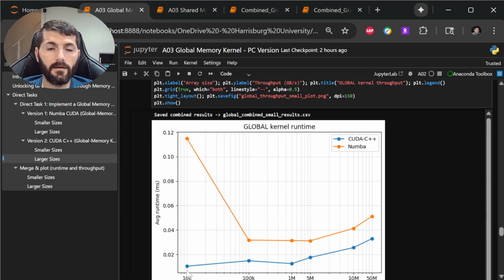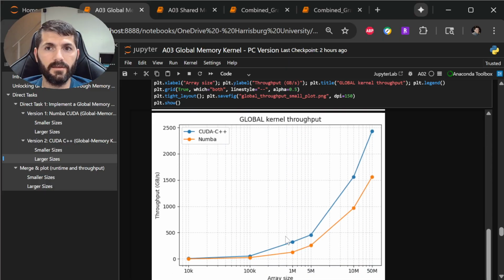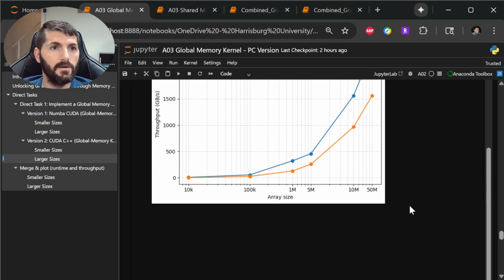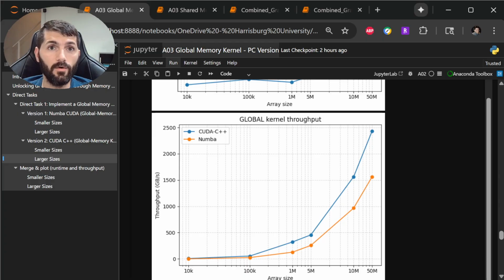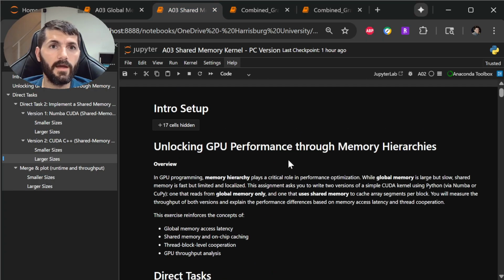And then this CUDA C++ is, for low numbers, actually been very consistent. And you can see this nice performance graph for the throughput here. So that is global. And then here, looking into the